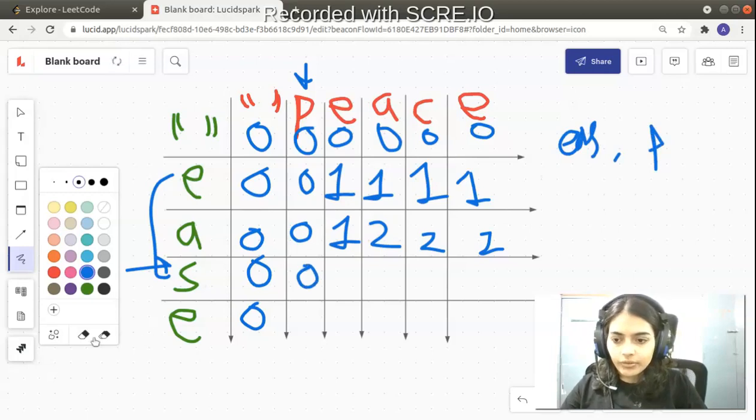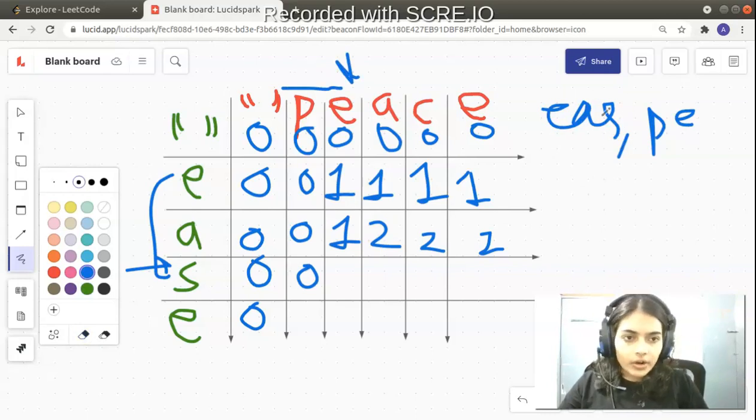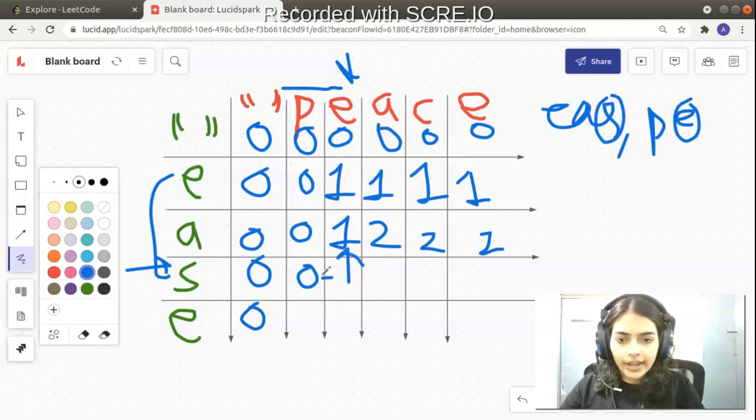Okay, let's go forward to the next example. So now you have between EAS and PE. How many characters are in common? So let me move over to the next column. So you are looking at this row and this column. So you see that first of all, S is not equal to E. The corresponding row and column are not equal. They will not give you any same character. So what you do, you look one value above and you look the left hand side. Whichever is maximum, you put that value. So between 1 and 0, which is maximum? Between 1 and 0, 1 is maximum, so I put 1.